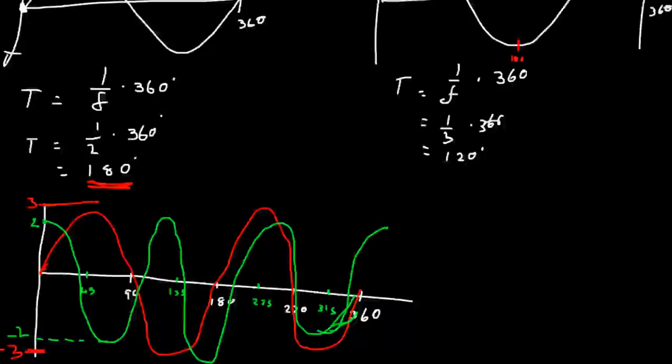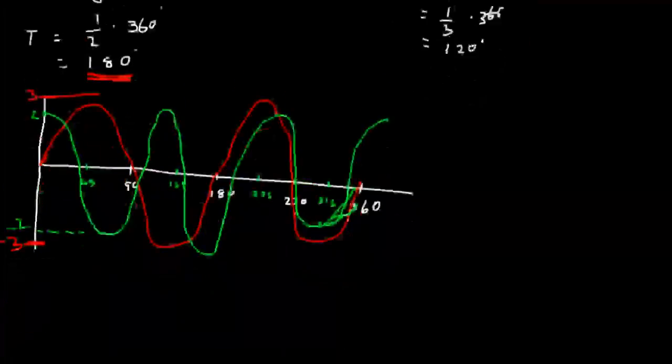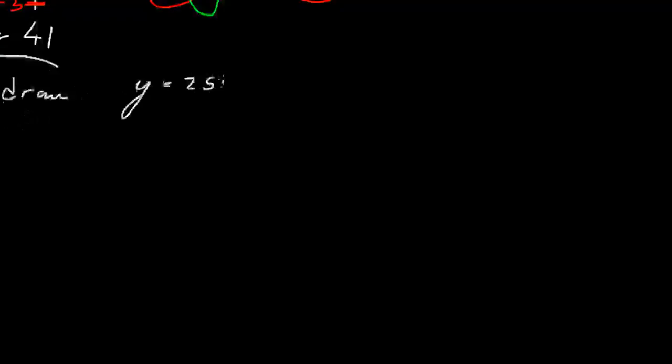Okay, so next in example 41, they talk about phase shifts. In example 41, they say draw the graph of y equals 2 sine 2x plus 20. Okay, so now they finally introduced you to the full form of your trig graph, which is